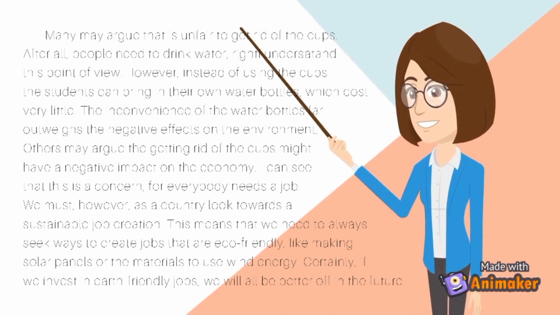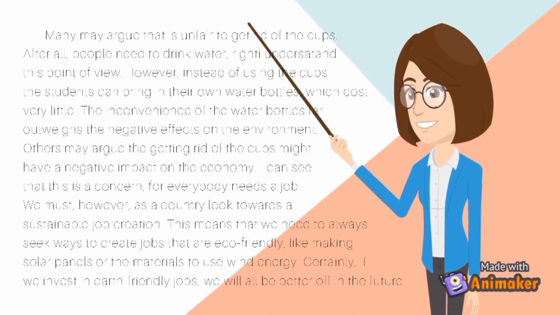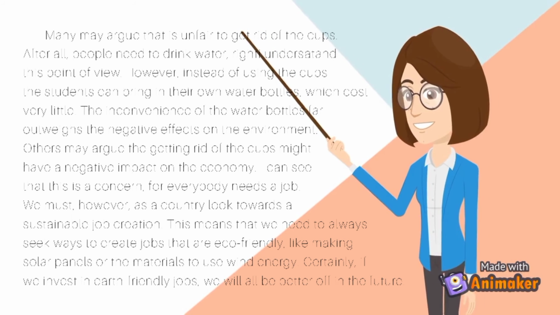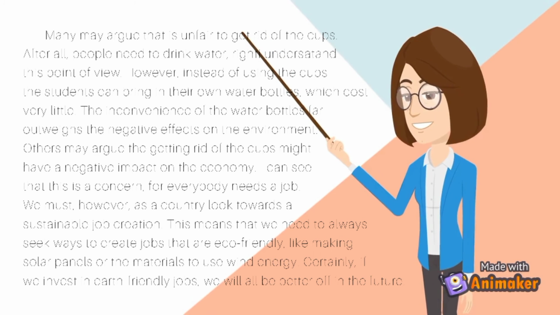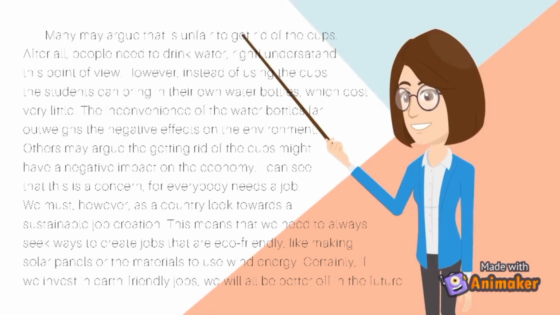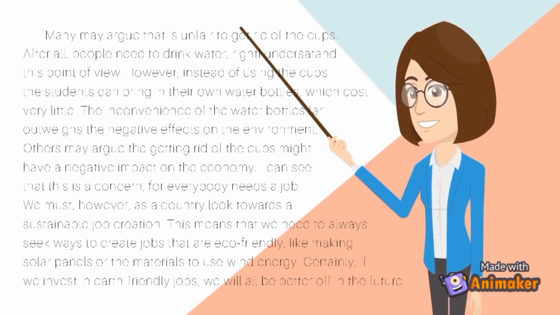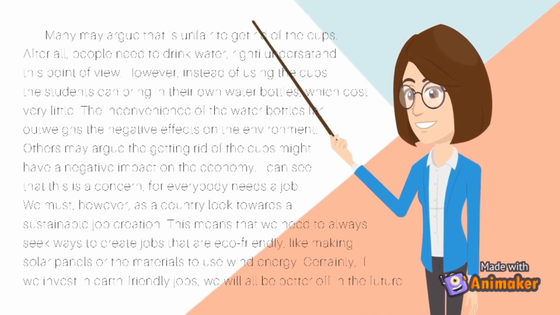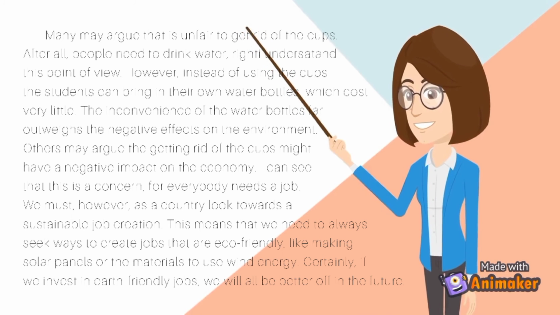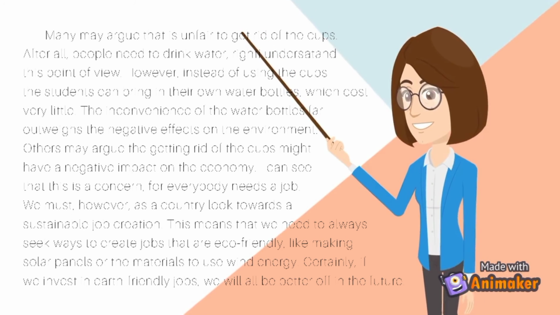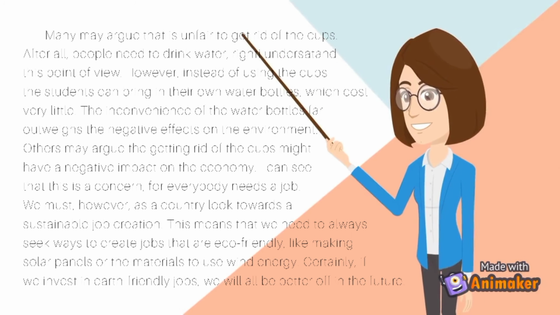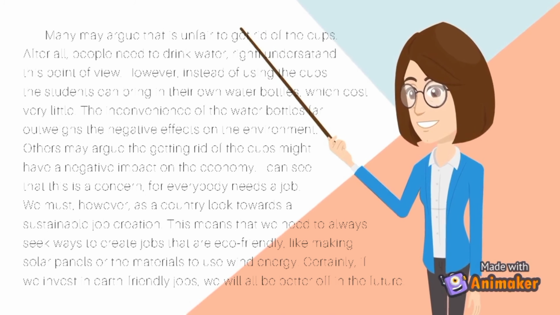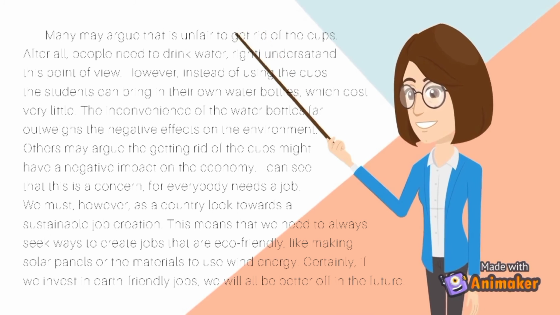Paragraph 4 is very different. It is not like paragraph 1 and paragraph 2. This paragraph goes against what other people say against you. For example, let's look at the topic sentence. Many might argue that it is unfair to get rid of the cups. After all, people need to drink water, right? And the author says something nice like, I understand